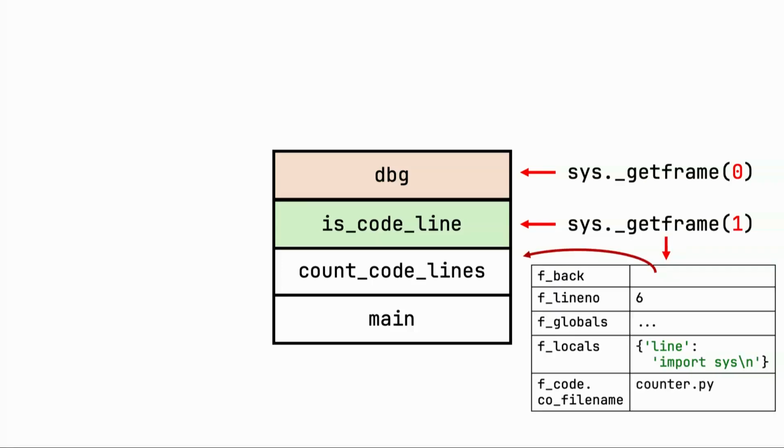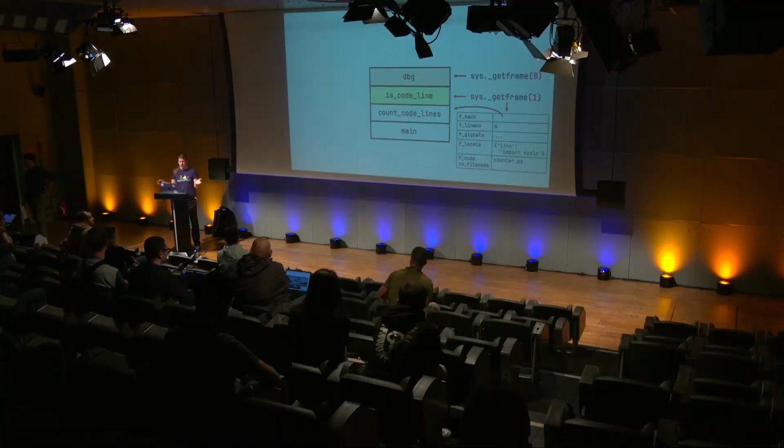And yeah, what do we get? It's pretty basic. We get a line number, that's good. We get the globals, so everything you can access from the global variables. We get the locals, so you can access the local dictionary of variables. And you can also get the file name. That's pretty cool because that's all we essentially need for a debugger: we can access the locals and the globals, and we know where we are, and that's really, really nice.